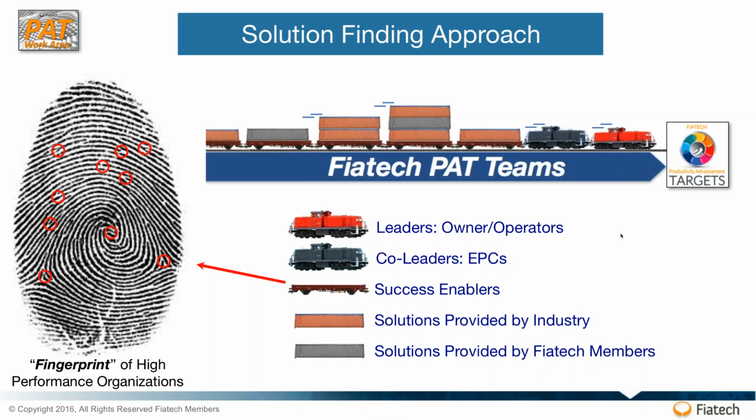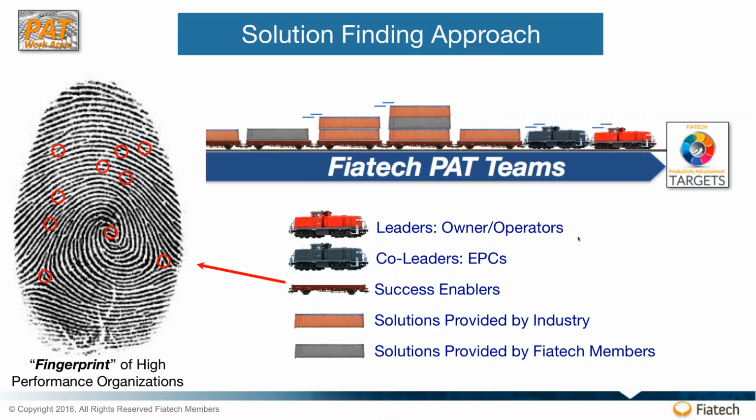To help you visualize this Slack environment that I'm going to be talking about, you can think about an objective, which is a productivity advancement target. You can think about it being led by owners and operators with co-leaders of EPCs. What's important about that is that they have the economic motivation. Owners have an economic motivation, but the co-leaders, the EPCs, have the wherewithal, knowledge, relationships, and responsibility for executing the project. So it makes logical sense that they actually are the ones pulling the train forward.